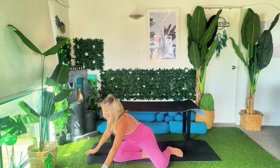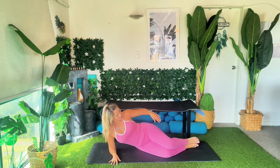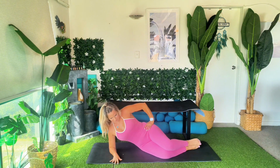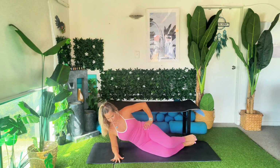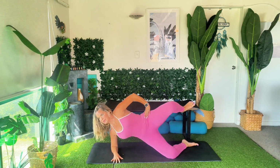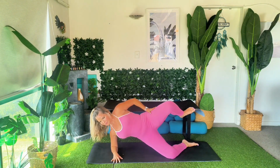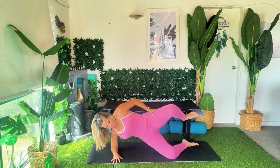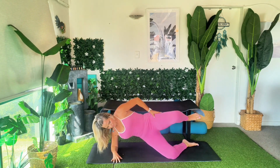So you're coming to your right forearm this time, stacking the hips, stacking the knees, stacking the feet, making sure that your shoulder is in line with the elbow, and you are lifting up out of that side waist, lifting the hips up and opening that top knee out, and then squeezing back in again. Keeping this going, maybe bringing your hand to the outside of the hip or to the outer thigh